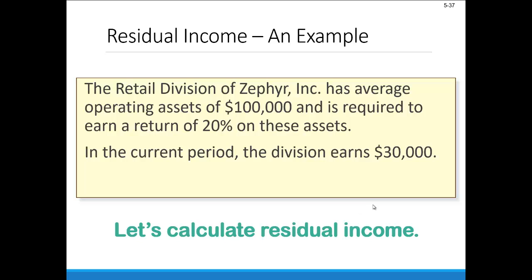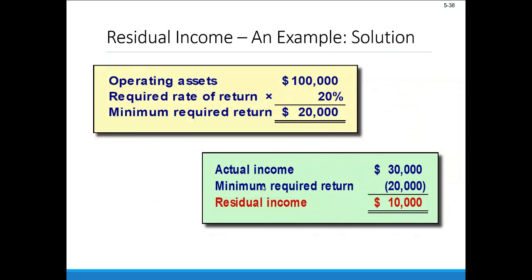So let's look at an example here. Let's say the retail division of Zephyr has average operating assets of $100,000 and is required to earn a return of 20% on those assets. In the current period, the division earns $30,000. Their residual income in this case is their actual income of $30,000